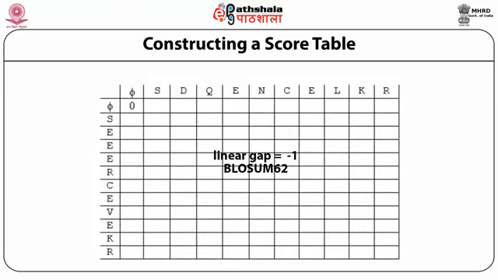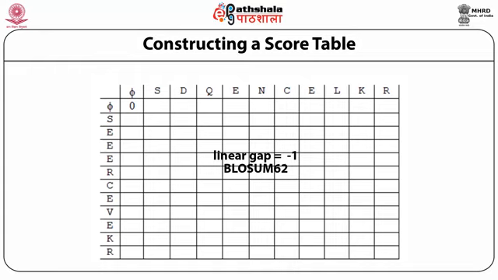For constructing a score table to store the score of each possible residue to residue alignment, create a table based on sequence lengths. The sequence lengths are 10 residues each. The first phase starts with constructing a table with 2 extra rows and 2 extra columns than each sequence length. That is 12 columns for the first sequence and 12 rows for the second sequence in the present example.